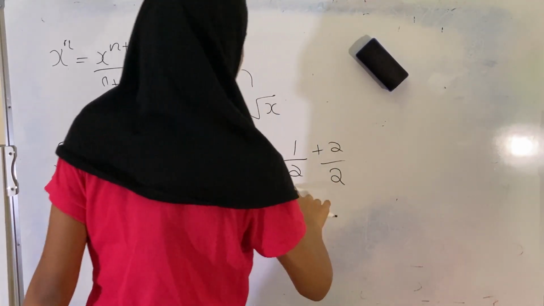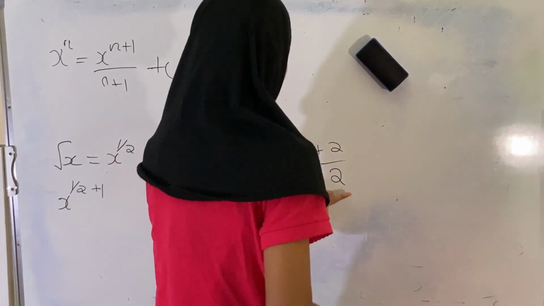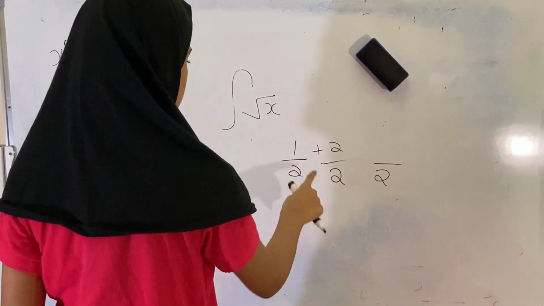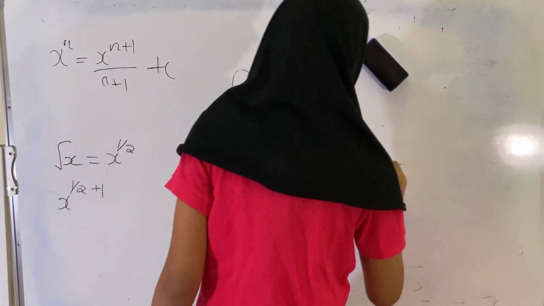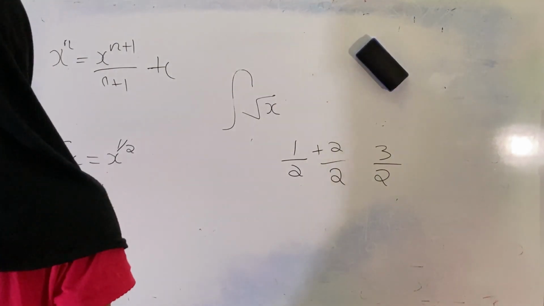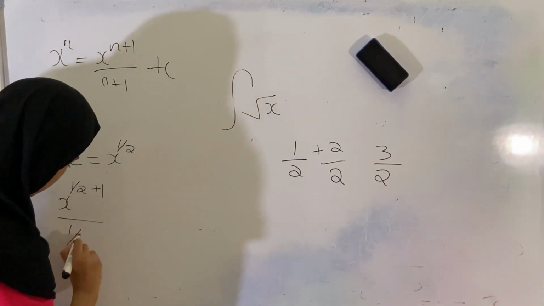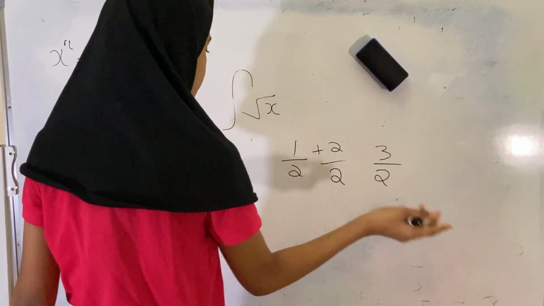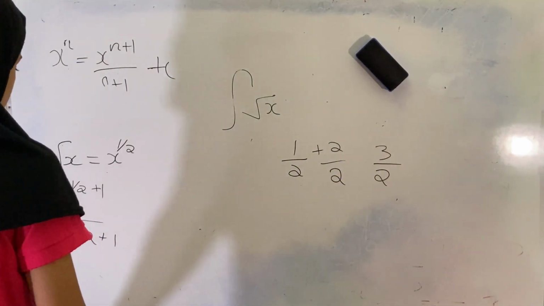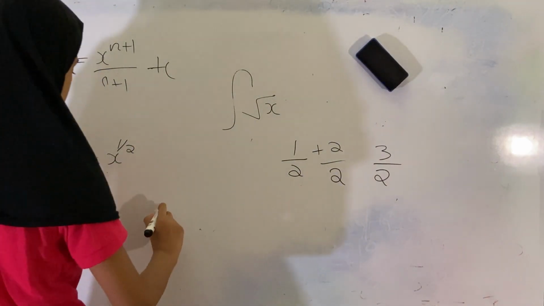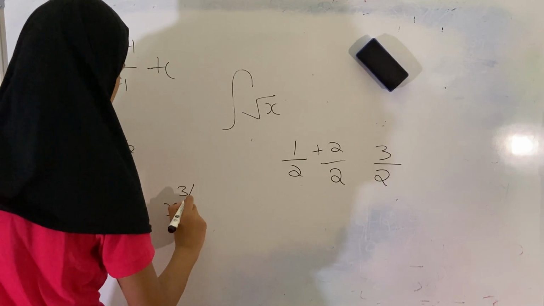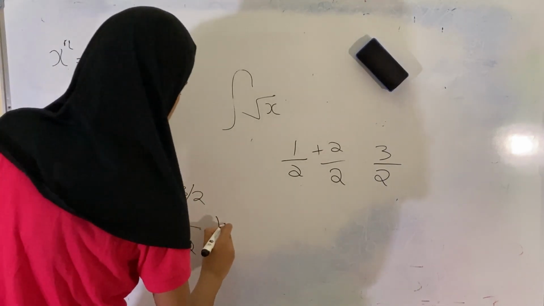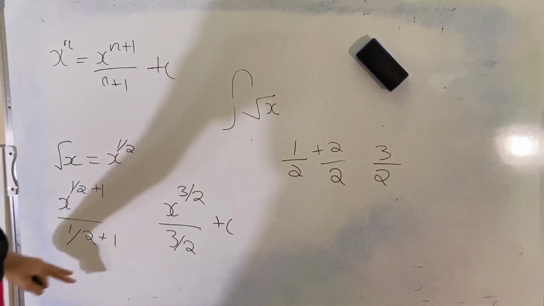So here we got both the denominators the same. So it's going to be 1 plus 2 is 3. Okay, so 1 by 2 plus 1 is going to be 3 by 2. So x raised to 3 by 2 by 3 by 2 plus c. So this is our